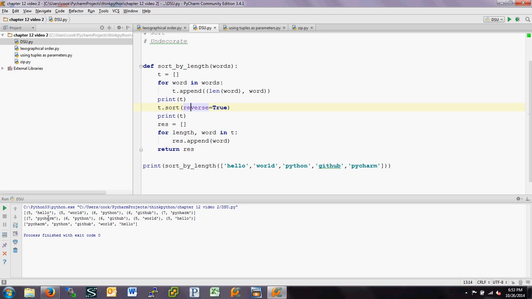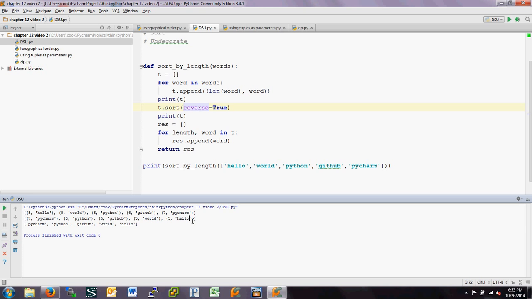Now, the way the sort works is these are tuples. So it compares the first elements in the tuple. So it compares the lengths of the word and sorts on those. And then if you have those two equal, so in this case with Python and GitHub, the two of them are equal, then it's going to go in and compare the word Python with the word GitHub, and as strings, it's going to sort those in alphabetical or, as mathematicians would call it, lexicographic order. So we get this ordering here,